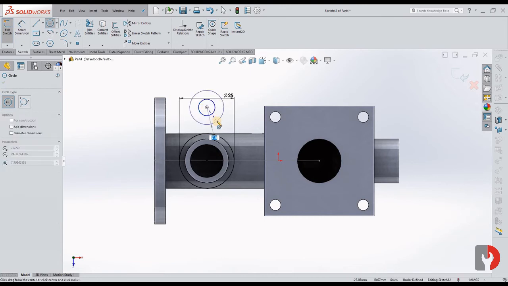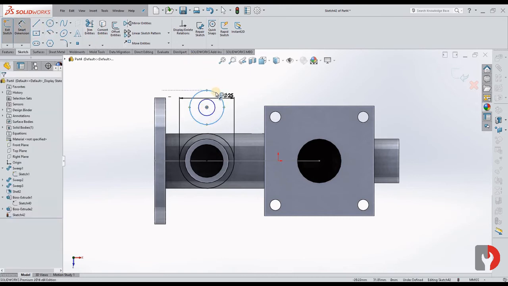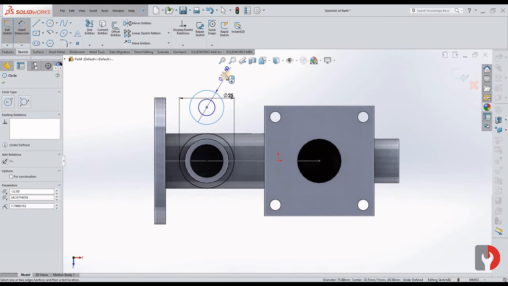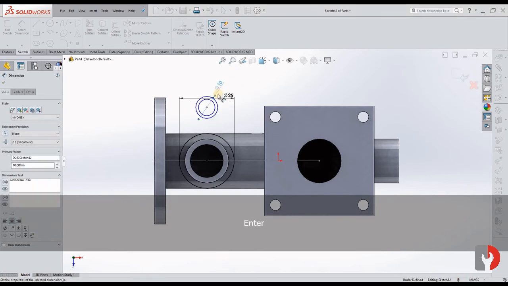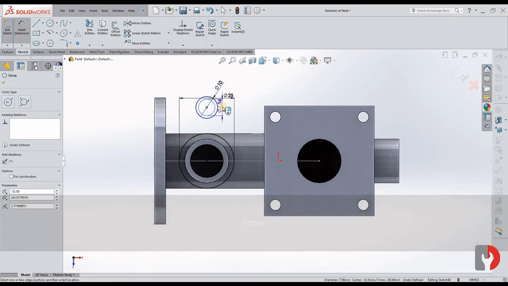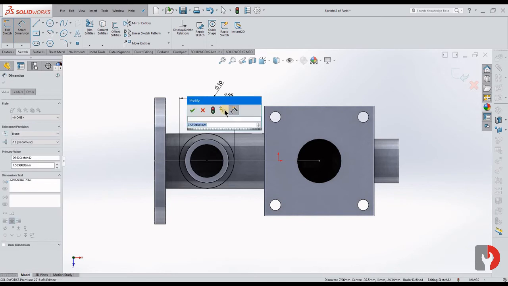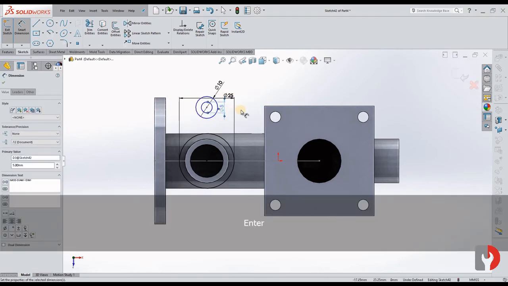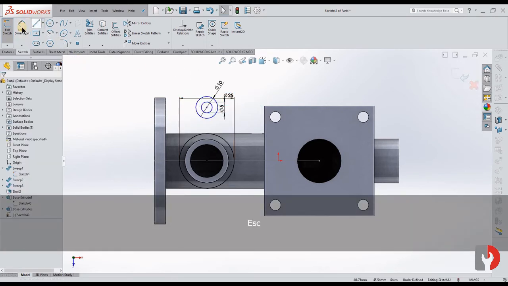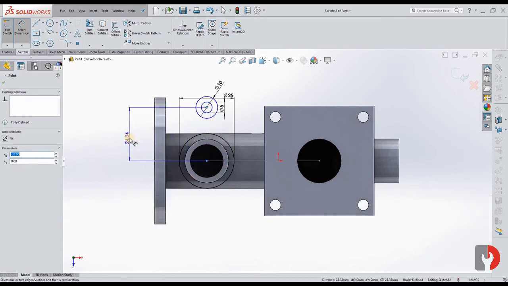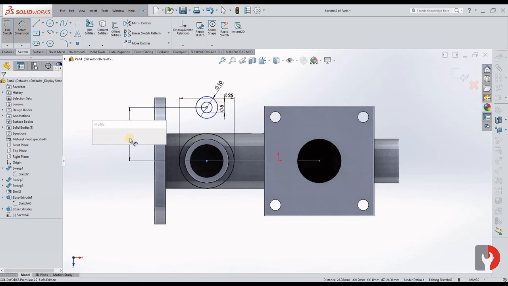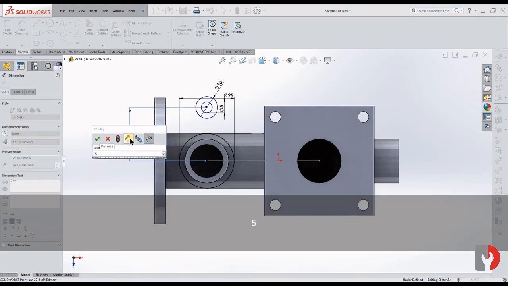And again another circle. Let us dimension it. Give this as 5 diameter. Okay, the distance from this point to this point is 17.5.